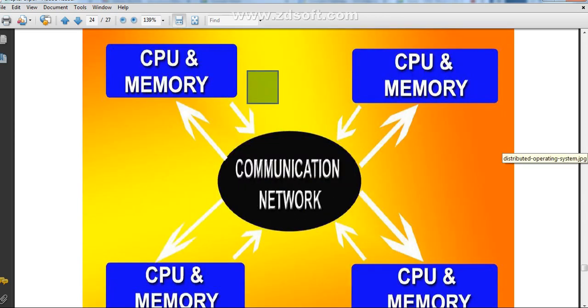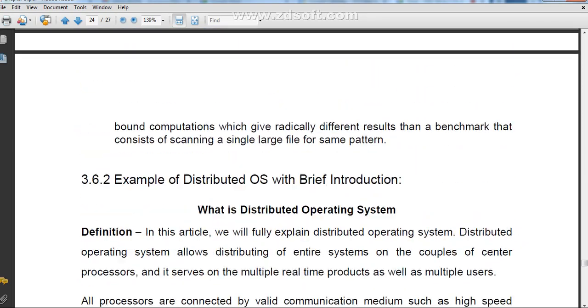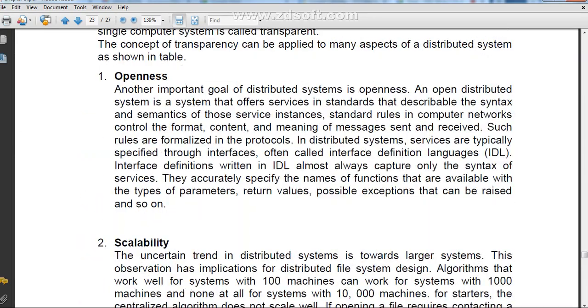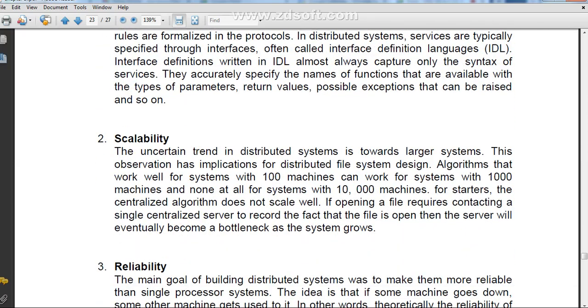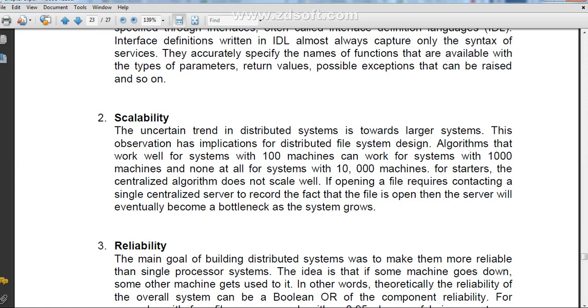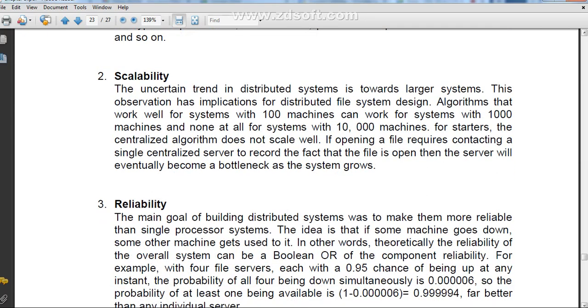Yes, Pranjali. Yes, sir. Okay. So we have seen the advantages, and we can extend it. With a distributed operating system, we can connect 100 machines, we can connect up to 10,000 machines. Meaning you can build a network, and from one computer you can access another computer.